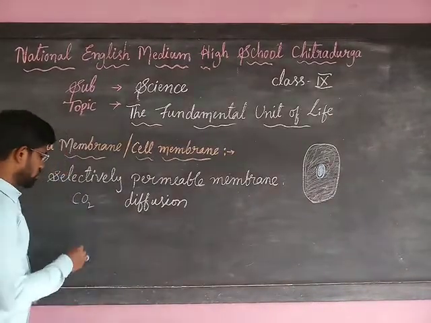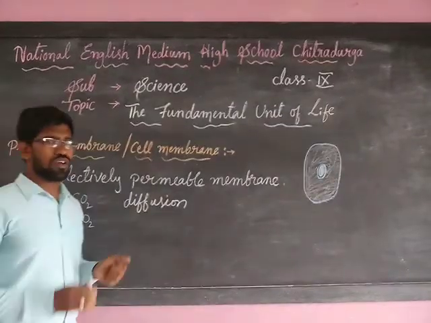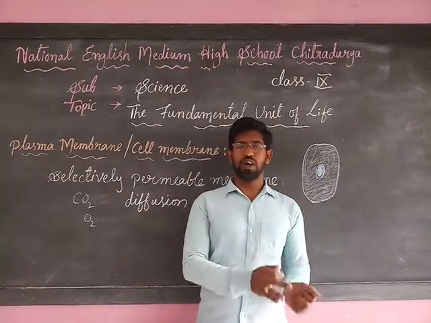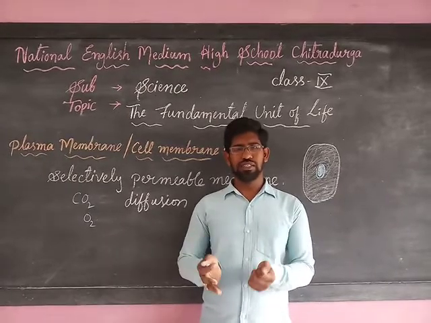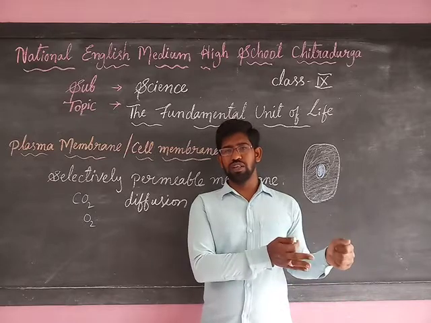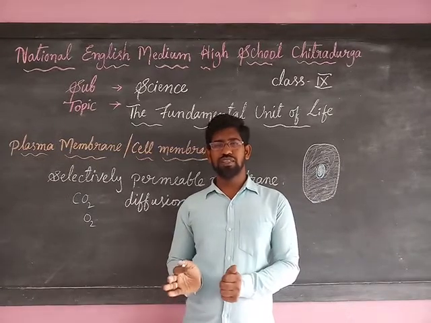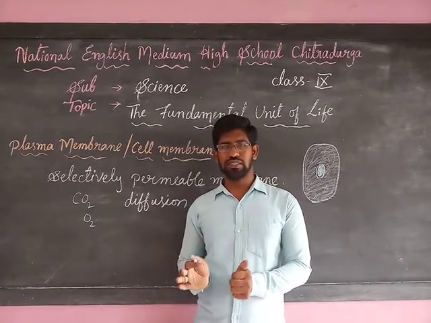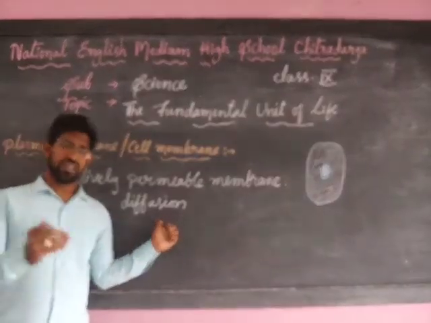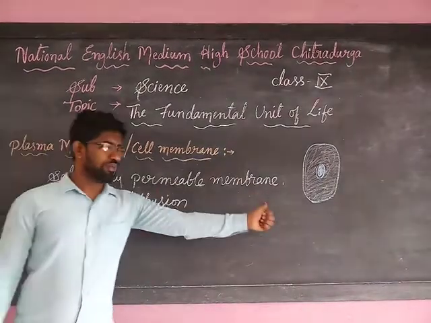At the same time, we have to learn about oxygen also, as the cell requires oxygen. The oxygen is present in the environment in high concentration compared to the cell. The cell requires very little oxygen compared to the environment. So the oxygen will move from the environment into the cell, because in the cell the oxygen concentration is less. So the movement of oxygen from the environment into the cell happens through the process called diffusion. Got it, all of you? What is diffusion?